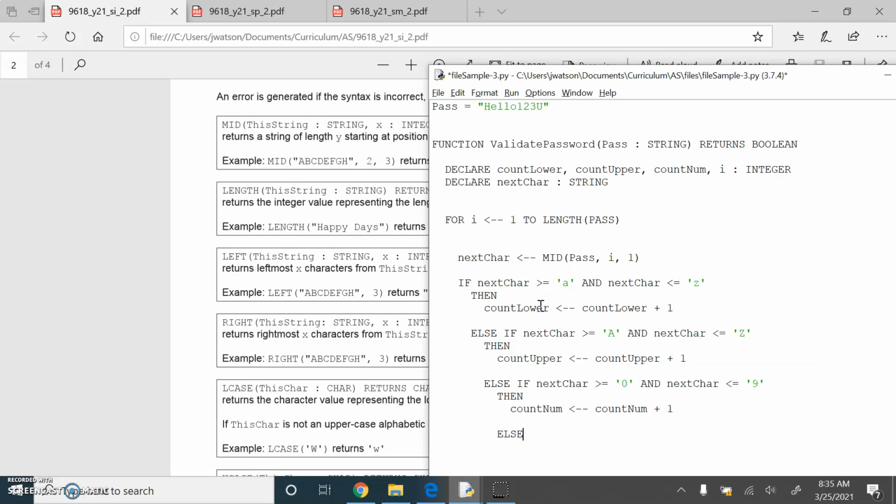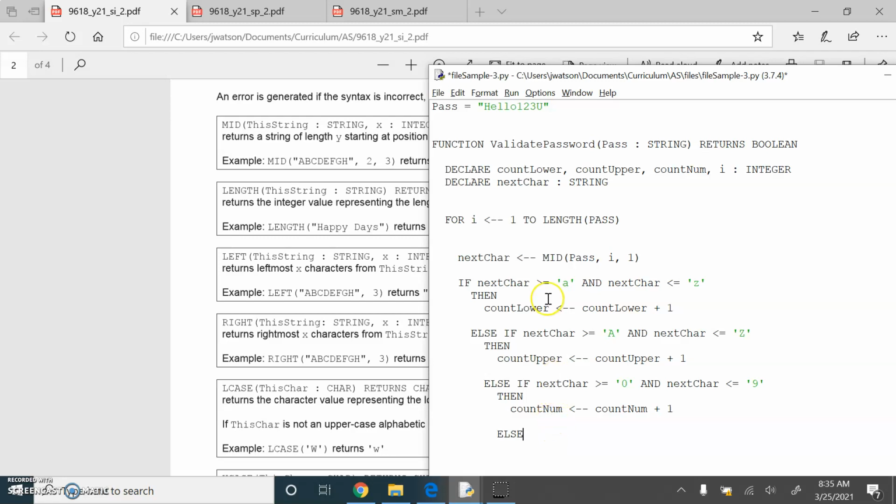So this is going to be my final condition in this chain, right? If it's not a lowercase character, and it's not an uppercase character, and it's not a numeric character, that means it's just another character on the keyboard. For example, a dash, or a percentage sign, or a hash. And these characters are not allowed in a valid password. Okay? So how am I going to manage that? If it's not any of these,